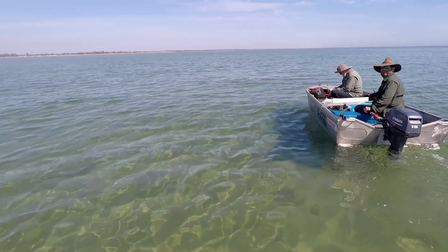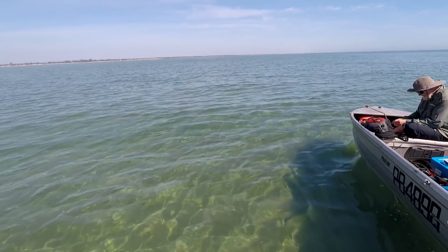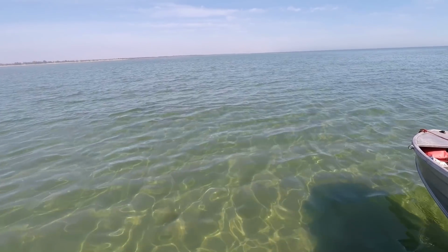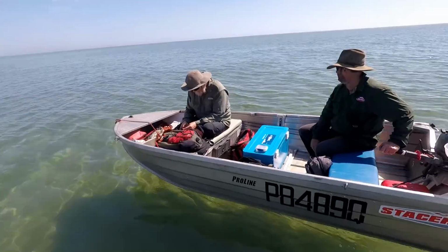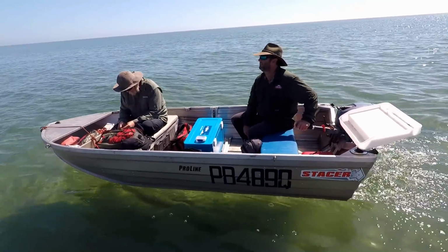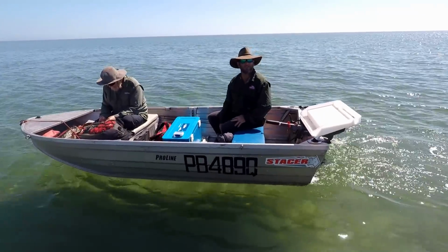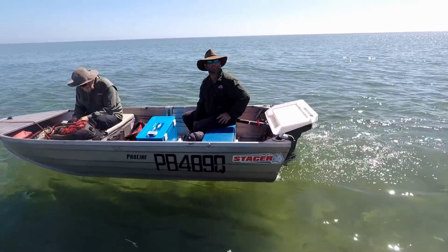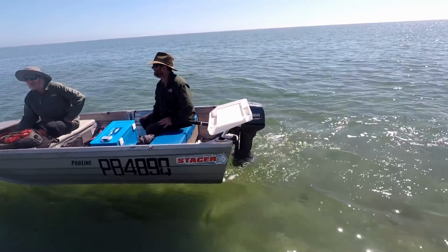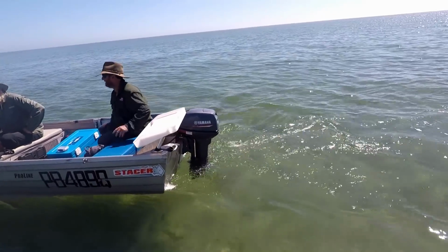There's another inlet up here. Great water. Absolutely. That one just there. Yeah, I reckon there's one up there. It shows it on the map. I don't know how far it is. 6 kilometres. 6 k's. That's a bit far for a tide. I don't know how this is going to go. Yeah, well, we're lucky at the moment. The tide's still coming in. We'll have deep water, but...